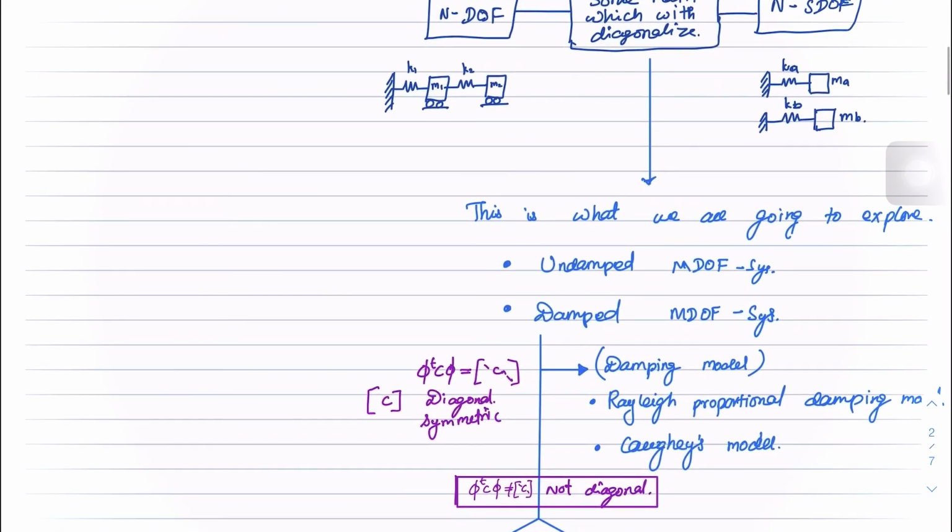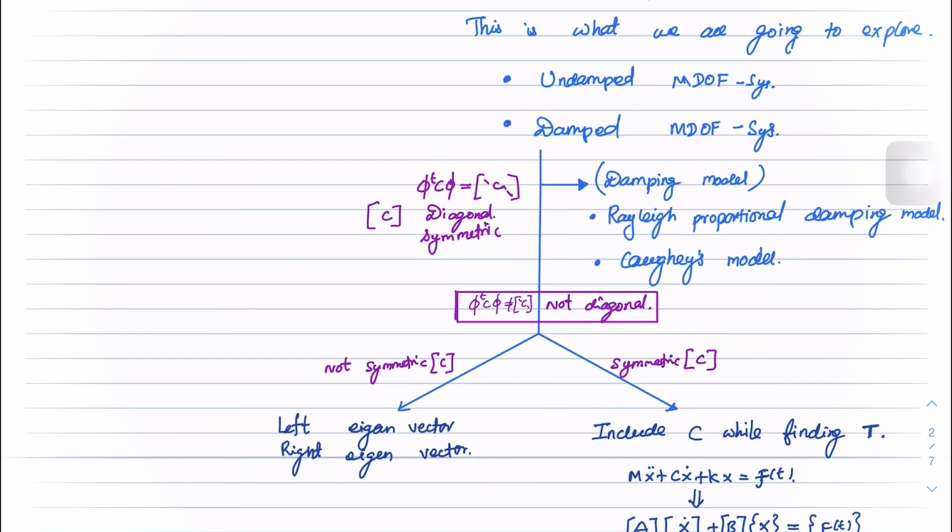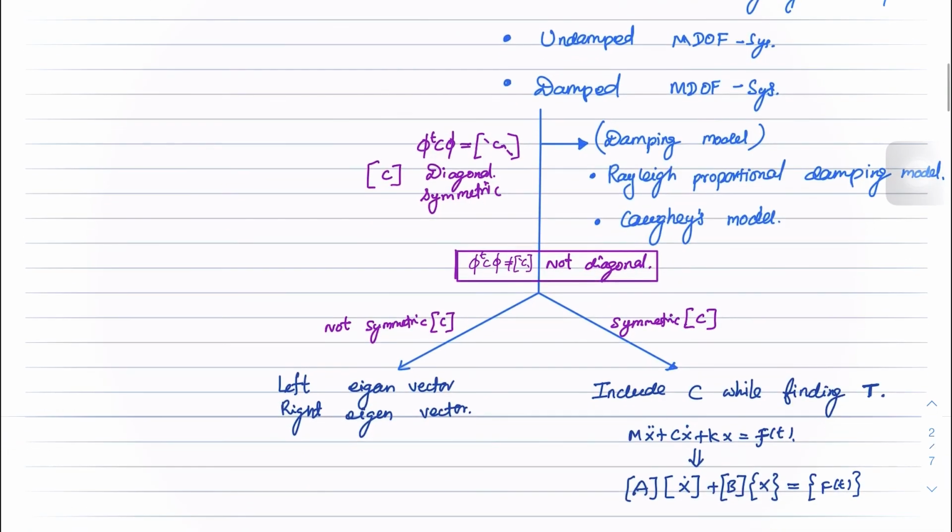So we will consider undamped multi-degree of freedom system, then we will do diagonalization. Then we will consider damped multi-degree of freedom system. Then we do diagonalization and convert into single degree of freedom system. How we will diagonalize a multi-degree of freedom system is by using the eigenvectors. So if you consider a damped multi-degree of freedom system, we will use this